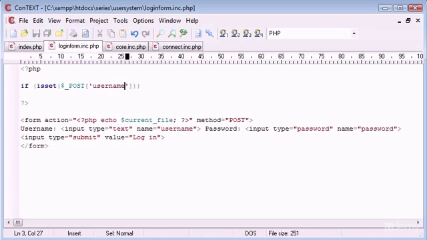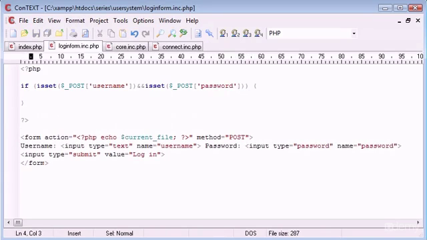So we're saying if isset, wrapped in brackets, and we're specifying this post data that's coming through, and isset $_POST for the password as well, and then inside the block we're checking if it's empty or not. So we're first of all saying is it set, and if it is, we run this block, and now we're saying if not empty,